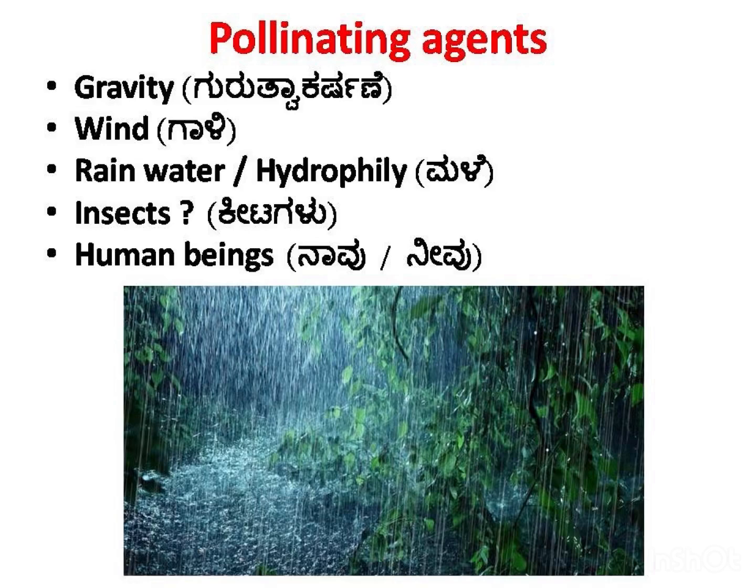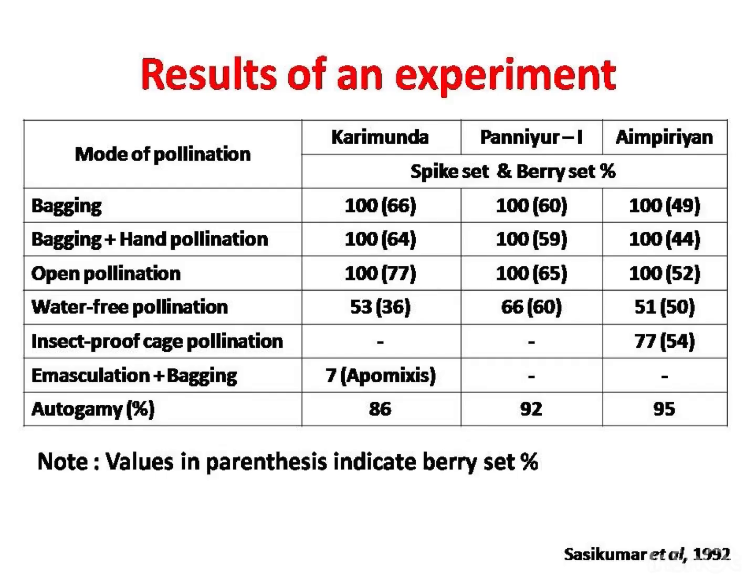Therefore, wind and gravity are the major ones, and to some extent rainwater. But rainwater is not an absolute necessity. If there is rain, definitely the spike set and the berry set were slightly better, as indicated by several research workers. So to understand